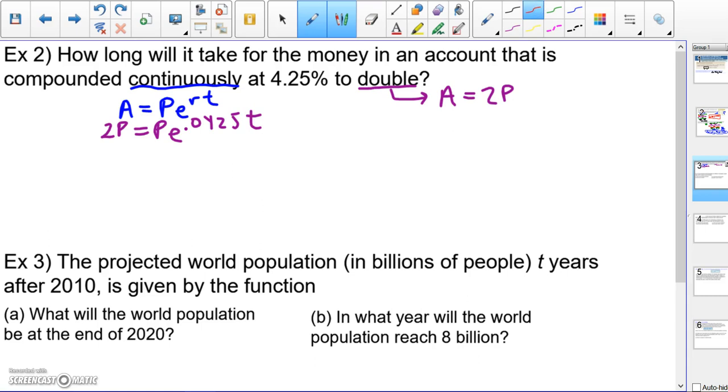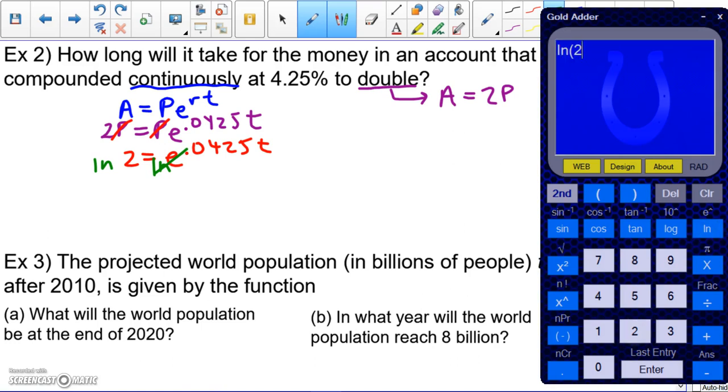If you set this up right, those p's, or whatever those numbers are, are going to cancel and give us 2 equals e to the 0.0425 t. In order to solve this, you're going to do a natural log of both sides. You want to cancel out that e, so you do a natural log. So we do natural log of 2, which gives us about 0.693 or so, which is approximately equal to